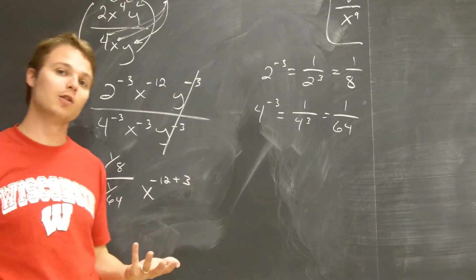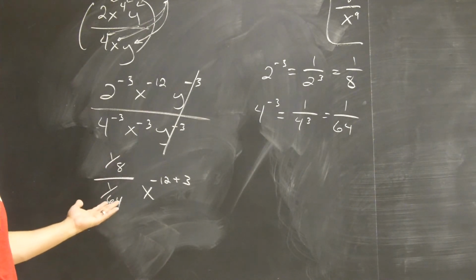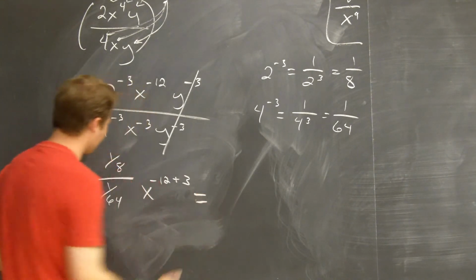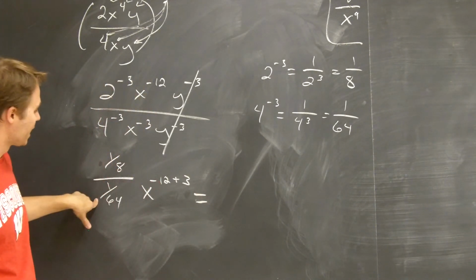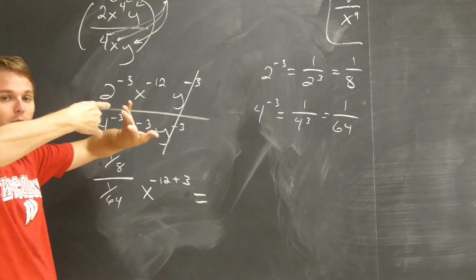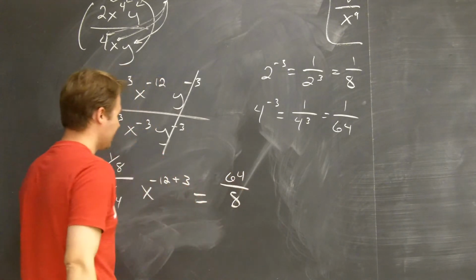You can already see where this is a little more complicated doing it this way than the other way. At least we have a few extra steps that we have to deal with. So let's try to finish this out. 1/8 divided by 1/64, that's the same thing as 1/8 times 64 over 1. So that'll be 64 over 8